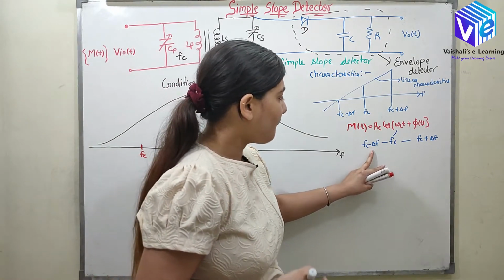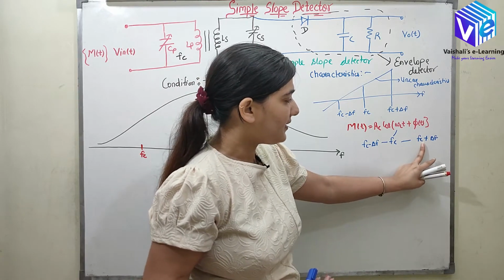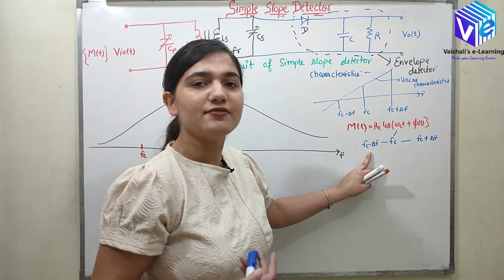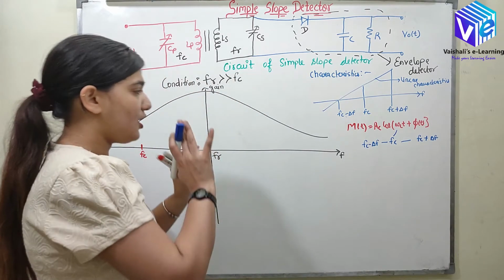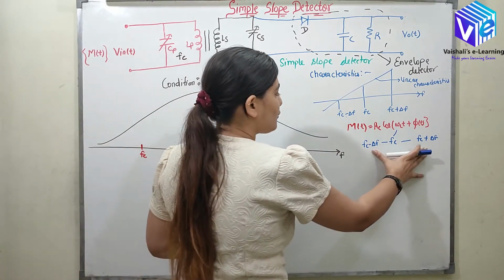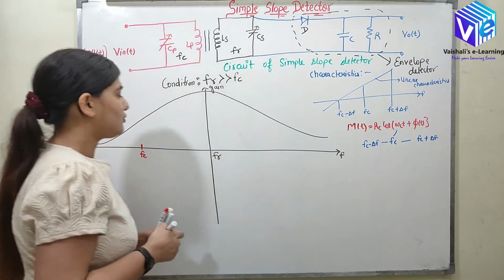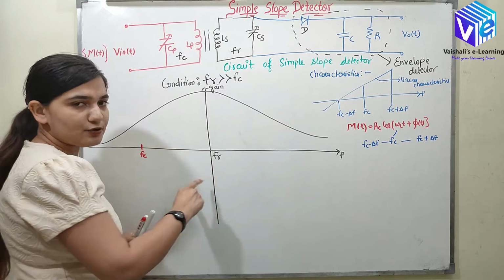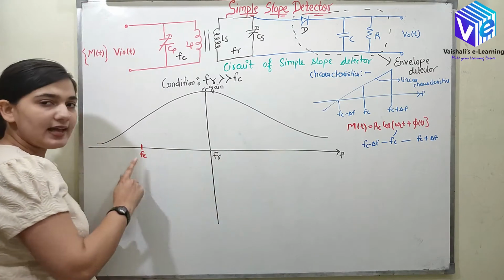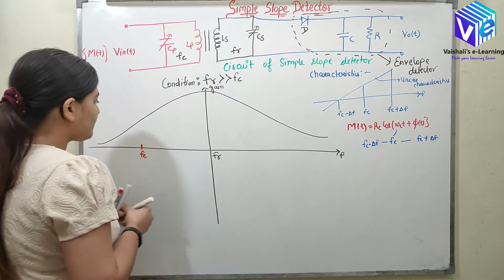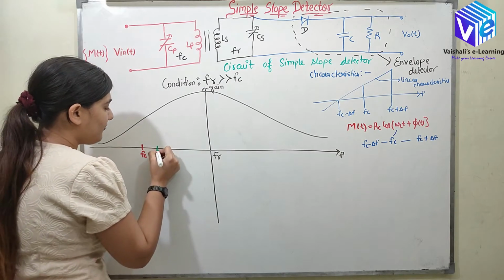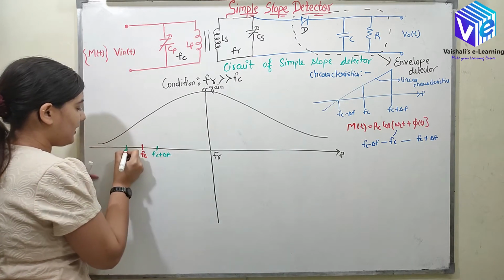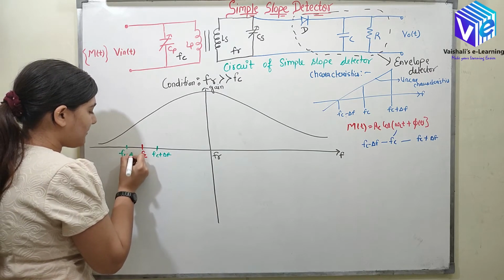So the maximum frequency would be the carrier frequency plus deviation, and the minimum frequency would be the carrier frequency minus deviation. I hope now you understood. So this is the range of frequency. Now let's suppose this is Fc, this is Fr. So the resonant frequency is much higher than the carrier frequency. Somewhere here I'll have Fc plus delta F